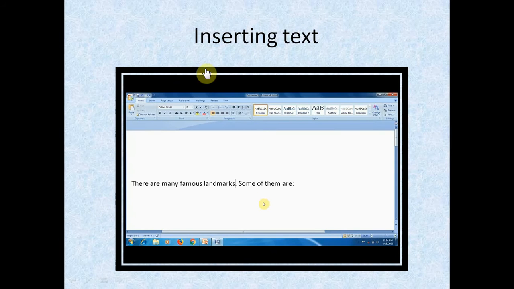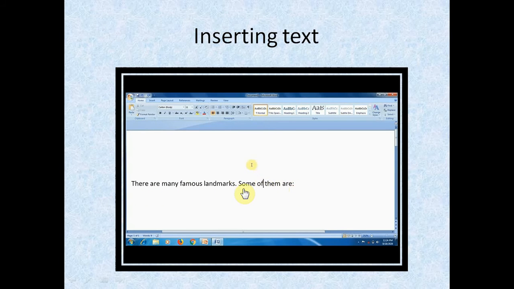Now you can see inserting the text. Here, in the video, you may see how to insert text. There is a sentence written: there are many famous landmarks, some of them are.